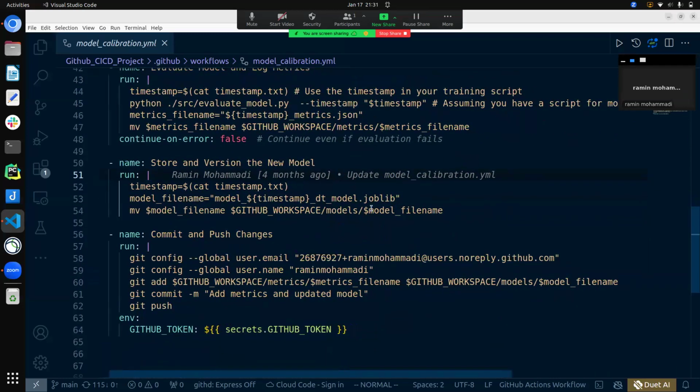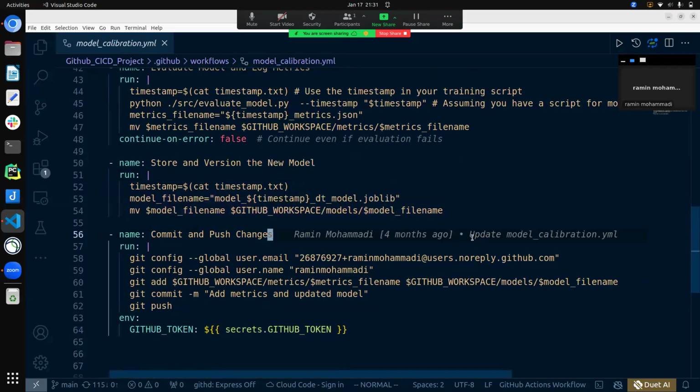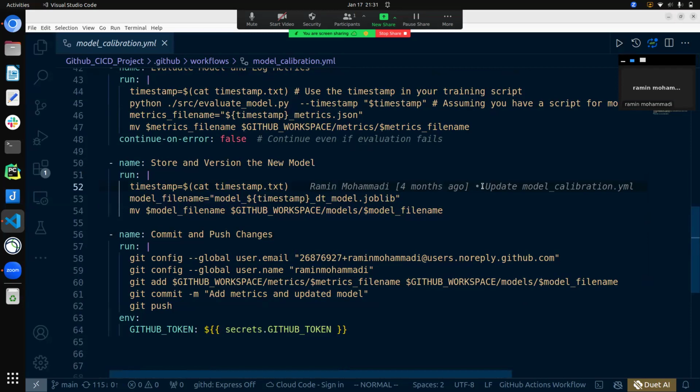The next thing is to store the version, the new model. So I pick this model and move it to this GitHub workspace. I want to store everything that I ran here in my GitHub workspace, because otherwise they don't exist. Their life is short. So store the version of the model. And the last thing